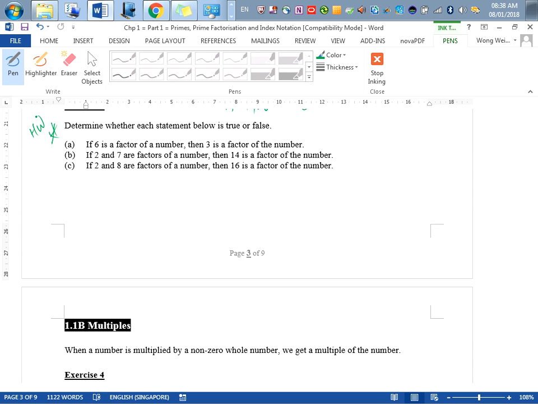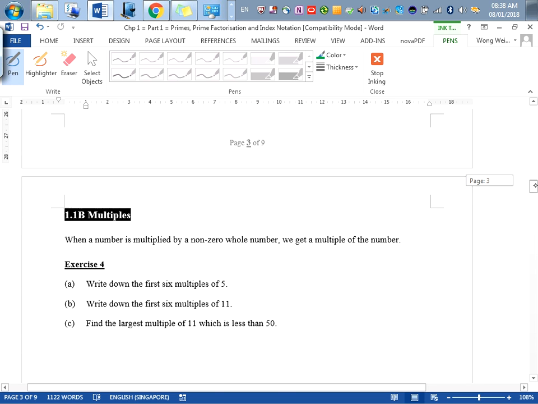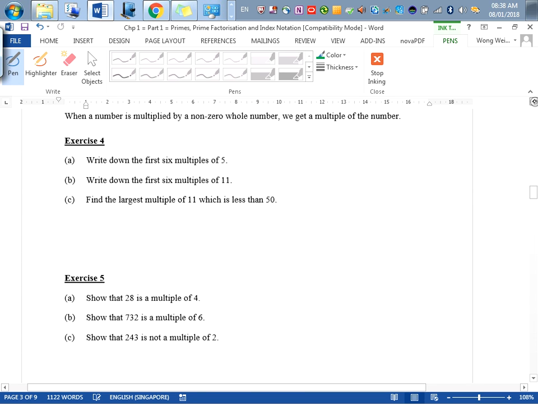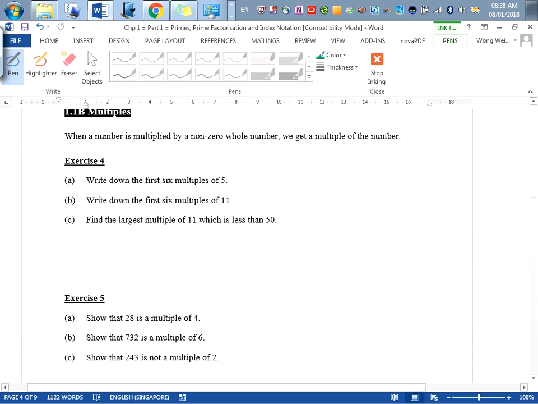So over here, you just write whether it is true or false. You just do it yourself, can? Let's move on. Multiples. If we learn factors, then we should also know how to do multiples because they are